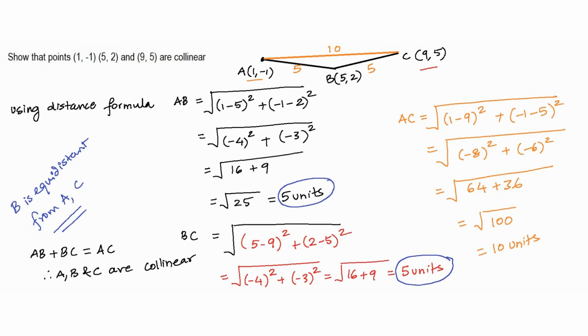Now of course nobody has asked us for any more information. However, this is for our extra information, I noticed that B is the midpoint of AC, because the length of AB is equal to the length of BC. That means the correct way to represent these three points would now be, I have A here, I have C here, and B lies exactly in between, right? Which is 5 units and 5 units. So AB is 5 units, BC is 5 units, and AC is 10 units. So this is how I can use the distance formula to find if points are collinear.